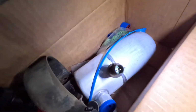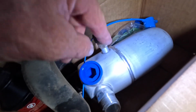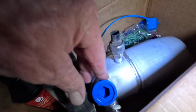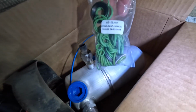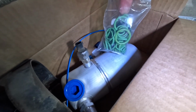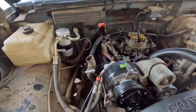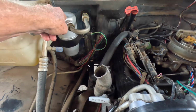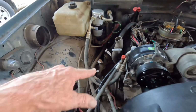The new dryer, we just took and put the pressure switch onto the new dryer, and the whole kit comes with a ton of O-rings. Alright, we're done here putting in the whole dryer. All the lines are back in, replaced all the O-rings,